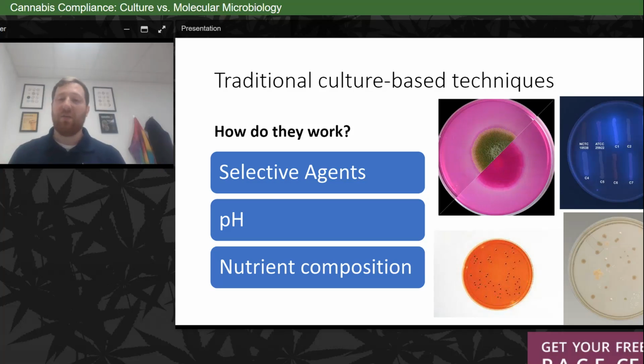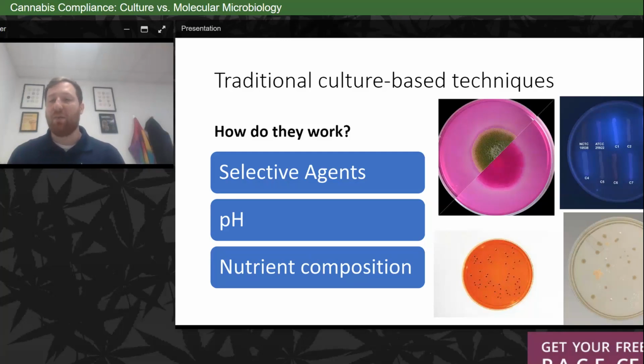target organisms. So when we look at this, it's actually my favorite plate, the top left corner here. It's DRBC. That is a selective media that allows for just total yeast and mold. Underneath it, you have XLD. To the top right, let me go to the bottom right first. That is just tryptic soy agar, TSA. It's just a standard plate count. So that agar will grow everything. It corresponds to what we would call an aerobic plate count or a generic plate count. So there are no selective agents, no differential agents in that media. It grows everything that we want.